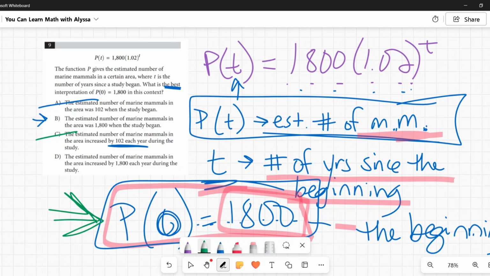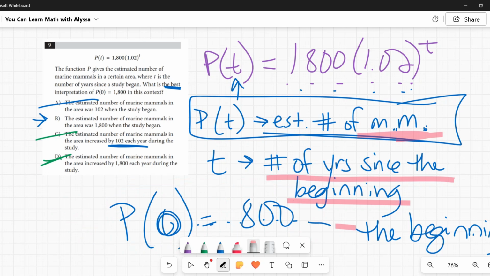Let's look at D. The estimated number of marine mammals in the area increased by 1,800 each year during the study. Again, that's a flat rate increase. That would be a linear increase where it's just going straight up. It's linear. It's steady. This is exponential. It's increasing by 2% each year. It's going to go up like that. So no, this does not represent this equation in general, and it certainly does not represent this statement that P of 0 is 1800. I keep talking about the best wording up here,